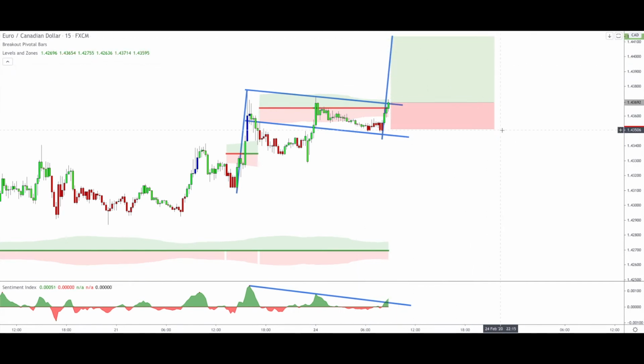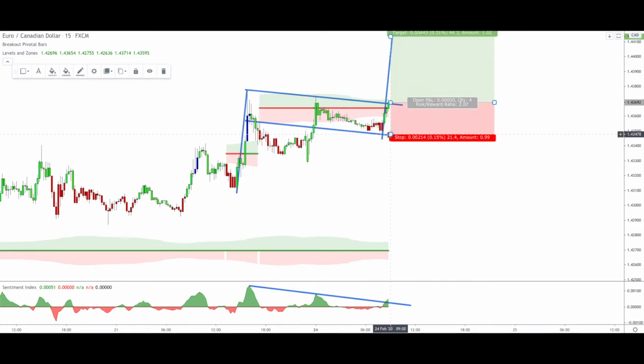Okay, regarding the stop loss, it depends. It depends on where you want to place it. If you want to be conservative, you can stay below this whole consolidation here, so that the price can come all the way down here and you're still in the trade. Today in this particular setup, I want to be a bit more aggressive. Actually, I'd like to be quite aggressive. This might work